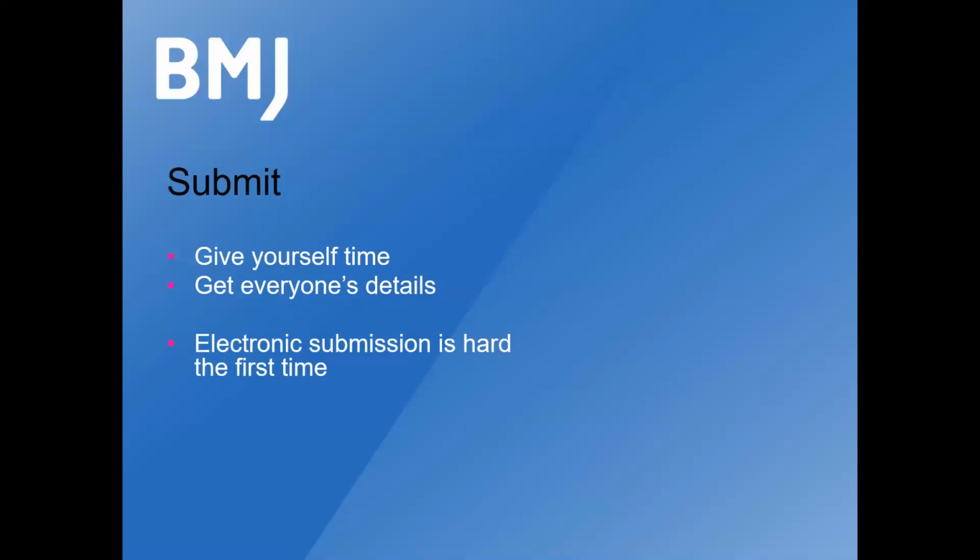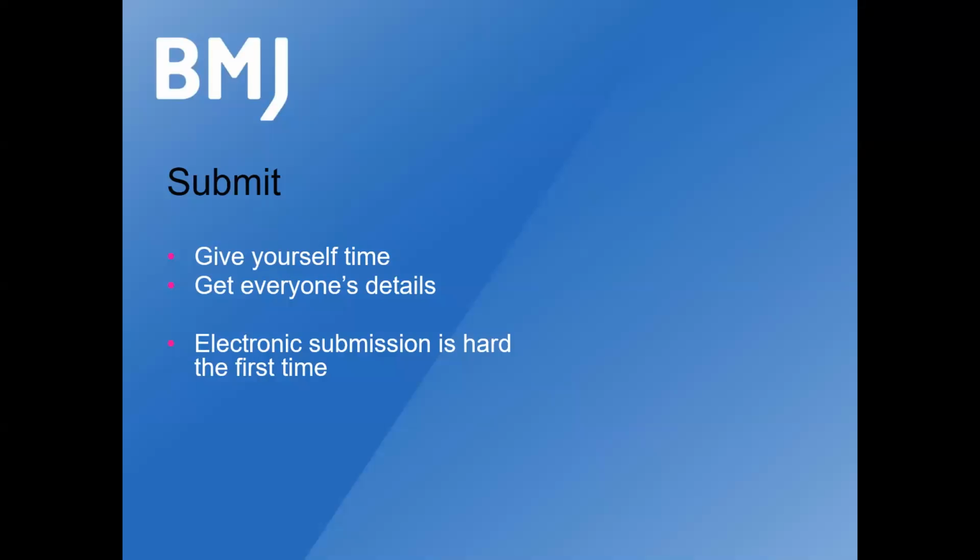And then it will come time to submit. Give yourself time, whether it's Manuscript Central or another type of electronic submission system. It takes a little bit of time to get your paper through the system. Try and gather everyone's details beforehand, otherwise you'll realize, oh, I need to add my co-authors' titles and place of work and qualifications, etc. It's easier to gather up all of this beforehand so that it's to hand when you're actually submitting it on the electronic submission system.